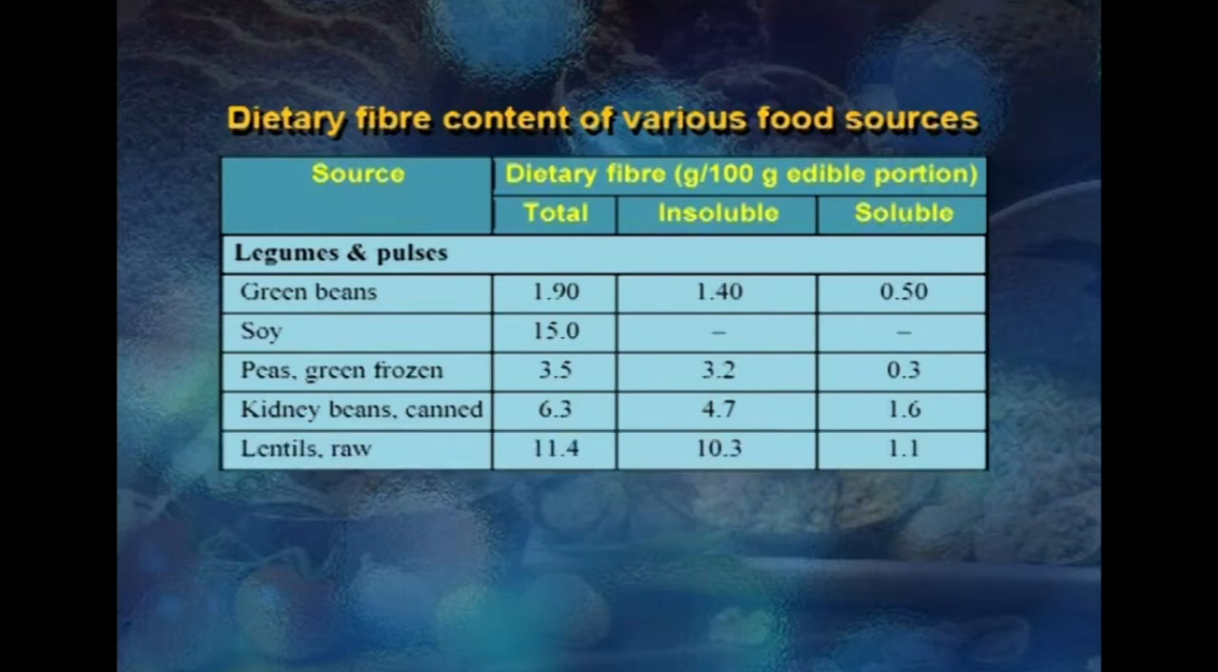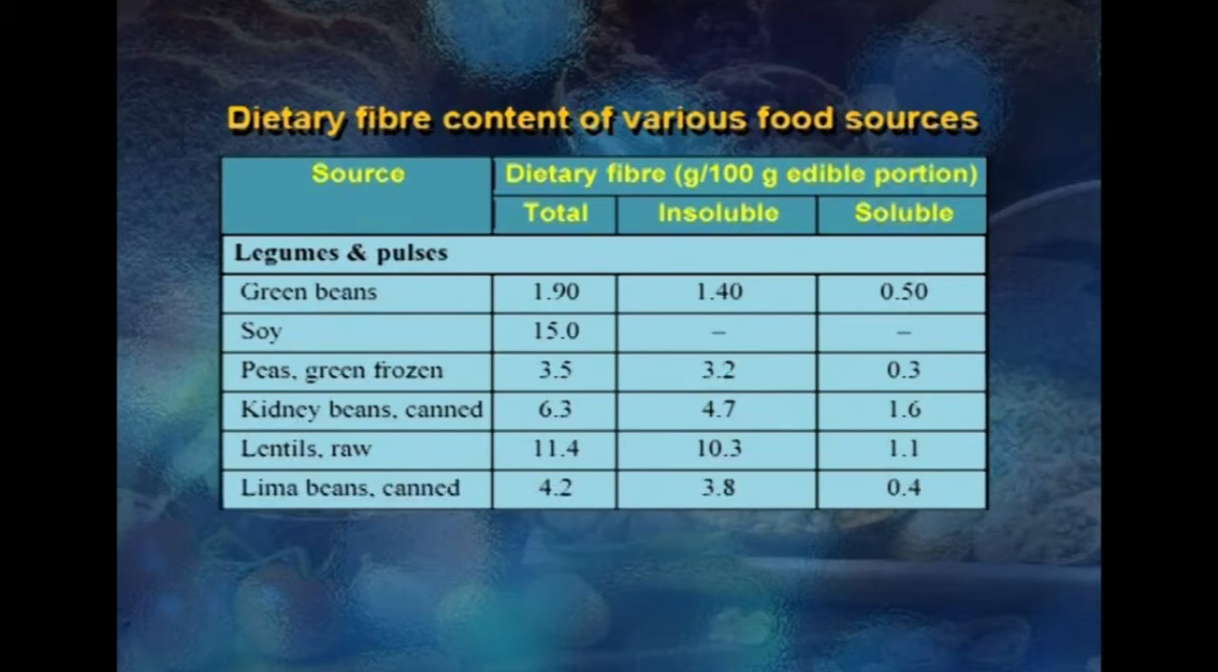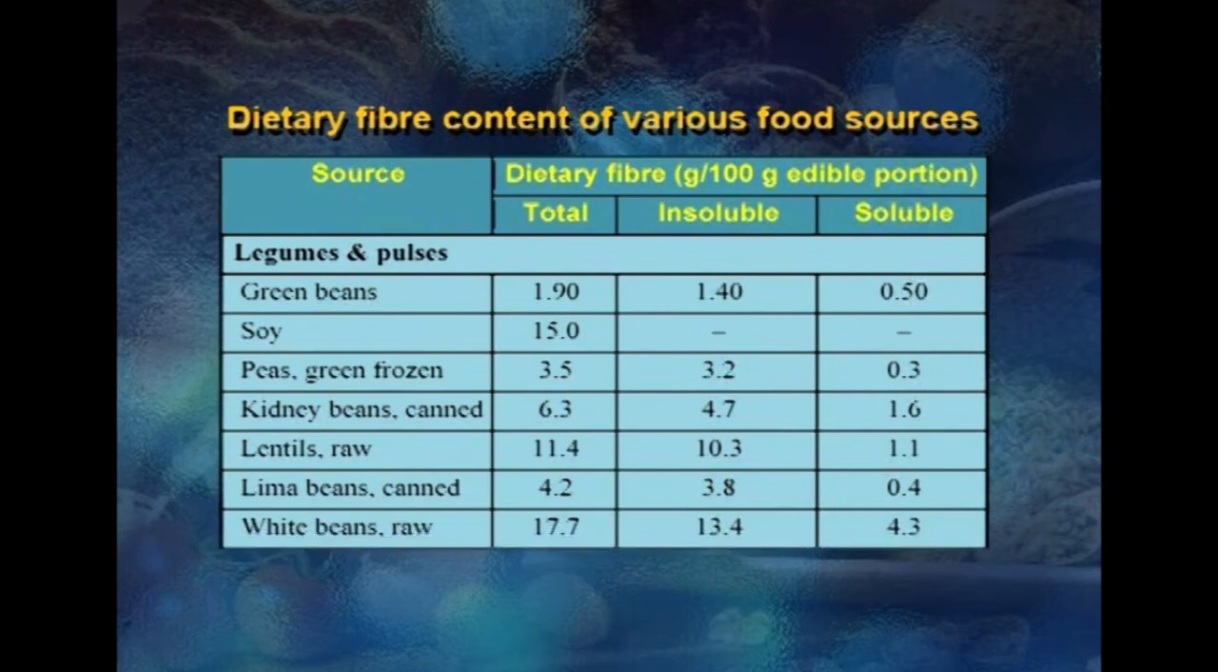have 11.4 grams of fiber, which is a very good source of dietary fiber, out of which 10.3 is insoluble and 1.1 grams is soluble fiber. Lima beans and canned beans have 4.2 grams of fiber, out of which 3.8 is insoluble and 0.4 is soluble fiber. We have some other kinds of white beans and other raw vegetables which have a dietary fiber content